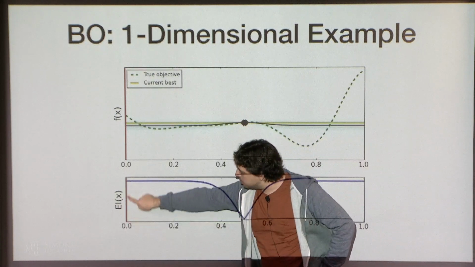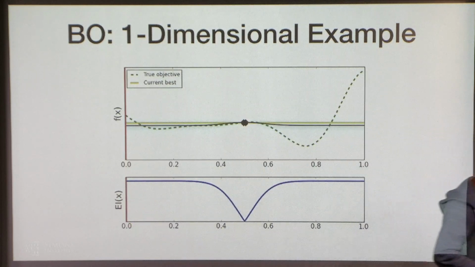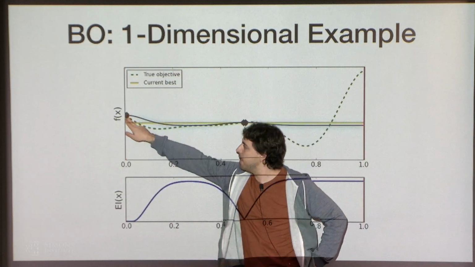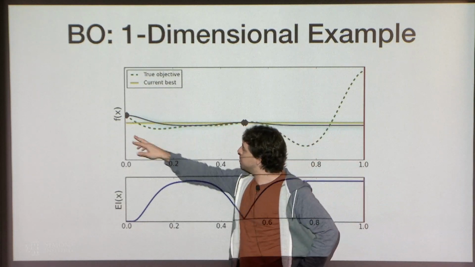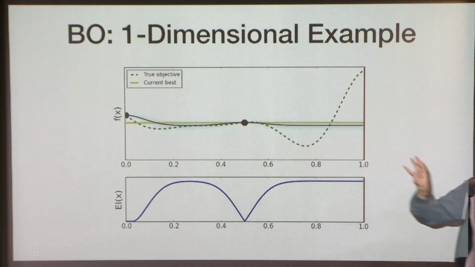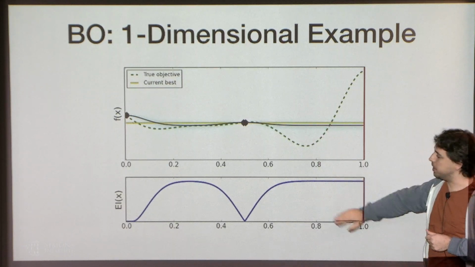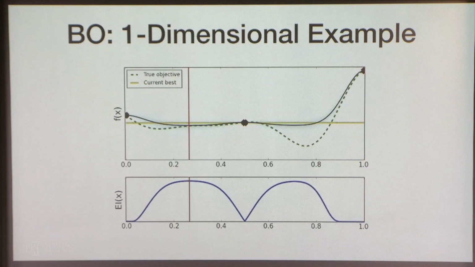So in this case, there's this red line here that says, well, this is the maximum of the acquisition function, so you should sample this point. So that's what the Bayesian optimization loop is going to do, it's going to sample the function on that point, and since that is actually larger than the point that we had here. And using these 2 points now, we have a new model, and we have a new uncertainty, where you see that around the point that we have sampled already, there's no uncertainty left. Although, if you sample with noise, you can also incorporate that into your model. And now we're going to have, using the new model, a new acquisition function. Now it's going to decide to sample on the other extreme of the interval.